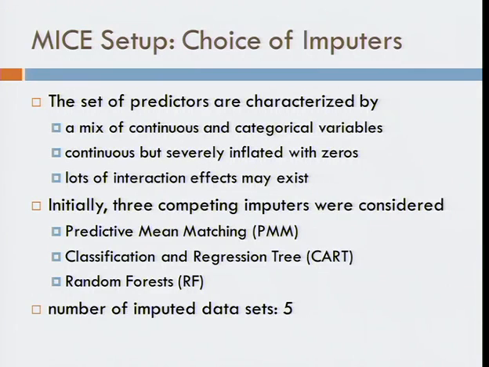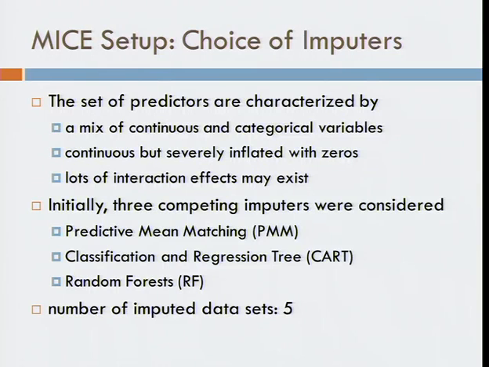We found this set of predictors is characterized by a mix of continuous and categorical variables. Also, the missing variables are continuous but severely inflated with zeros. Also, we thought lots of interaction effects may exist. So initially, we considered three competing imputation models, including predictive mean matching and two recursive partitioning techniques, CART and